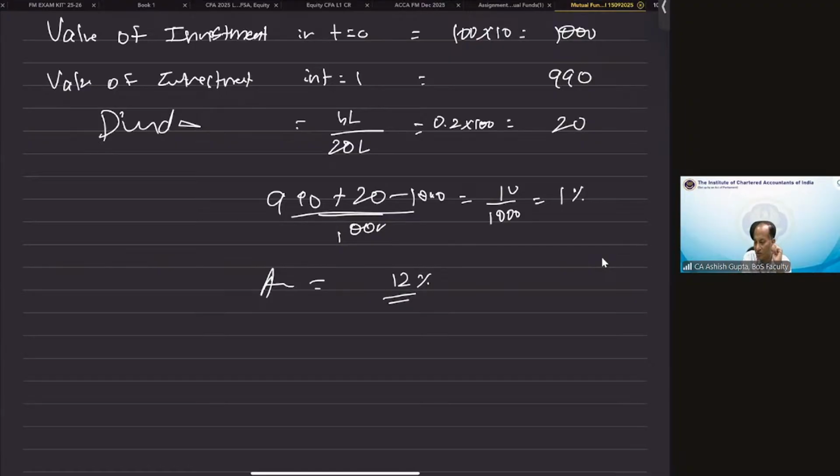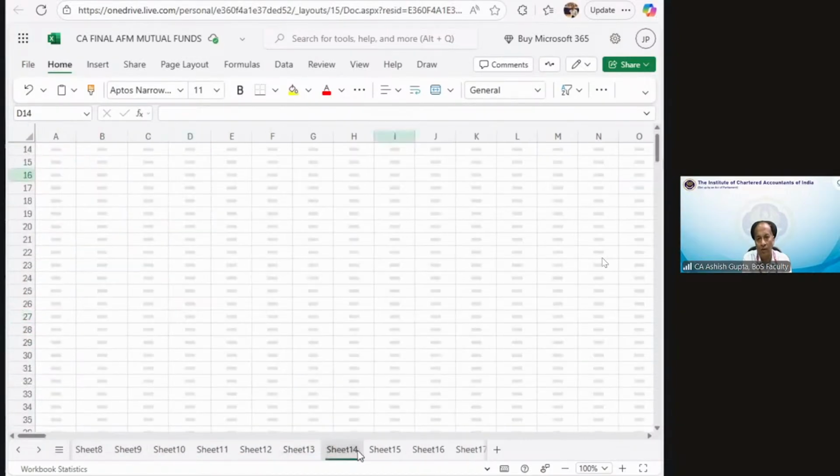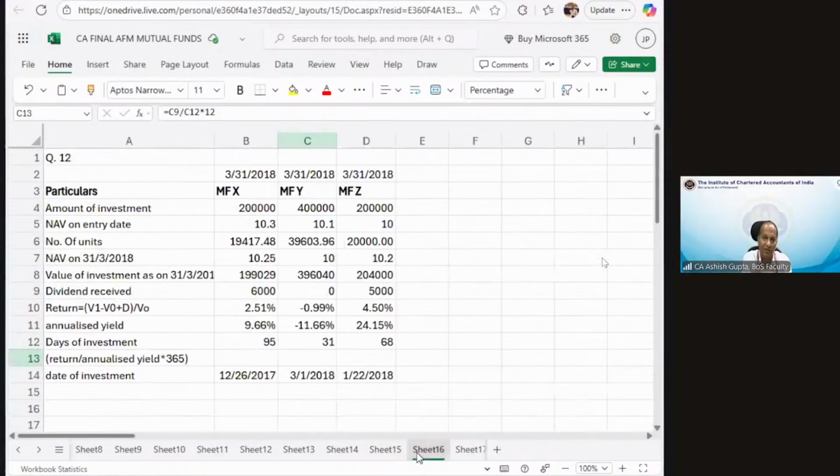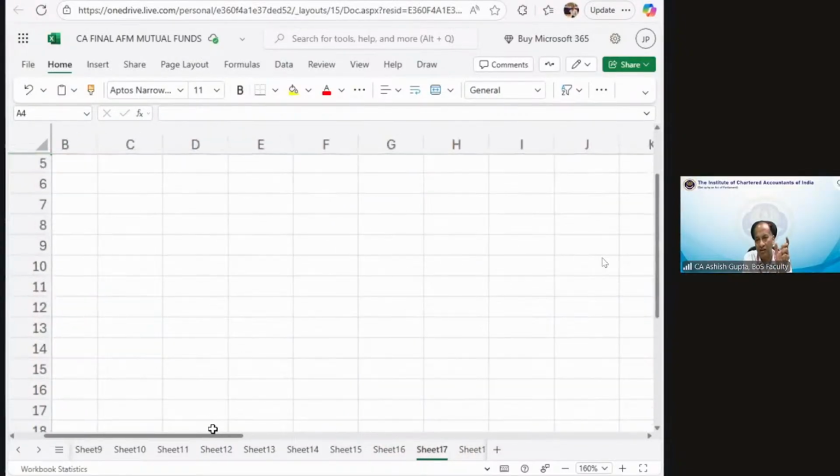Now regarding the mutual fund topic, there are two important things we can look out for. It is important from the investor's point of view, because Jagbandhu sir has discussed with you all the nitty-gritties of the mutual fund. A mutual fund is basically a route for the small investor to make some investment. And there are generally two types of questions asked.